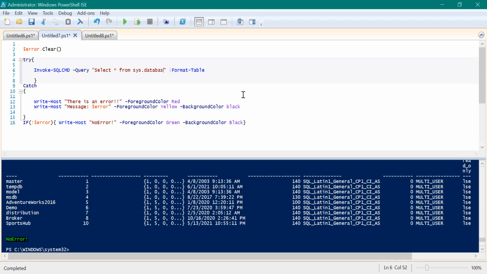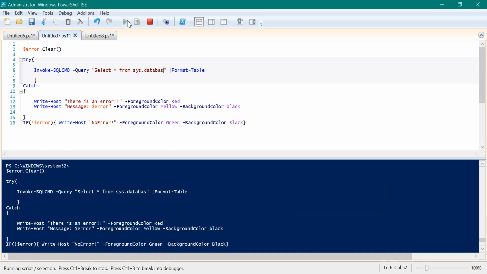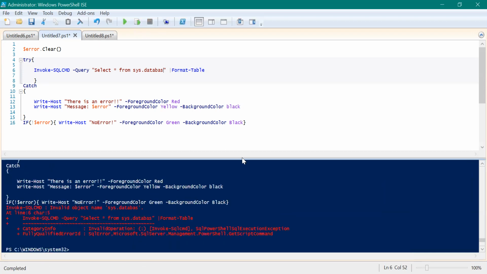So let me go ahead and execute this, and let's see if SQL Server is able to handle these kinds of situations or not. Sorry, I mean PowerShell, using try and catch block. Okay, so you can see that it never went inside the catch block. Although it has written the error message, it came directly from here. So the try and catch block did not work as expected here.